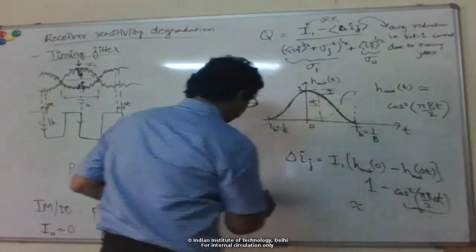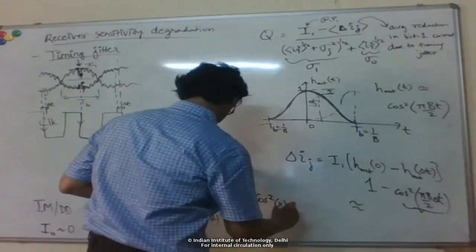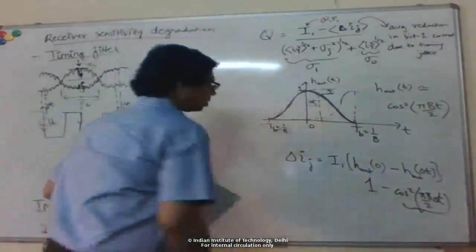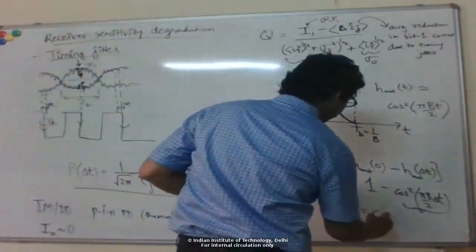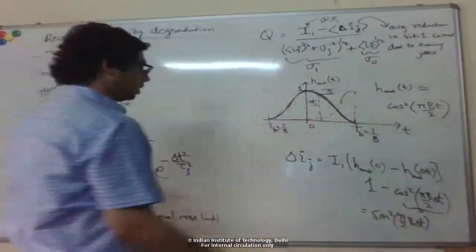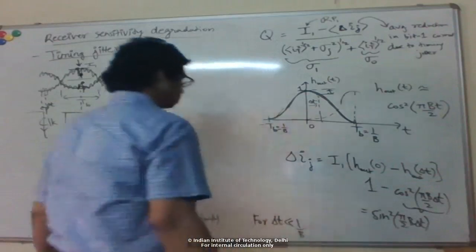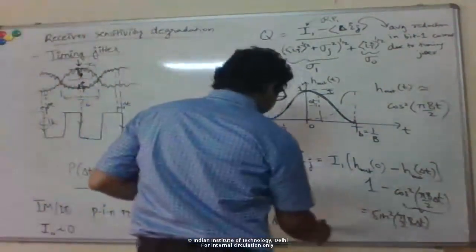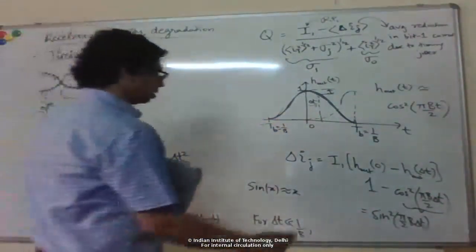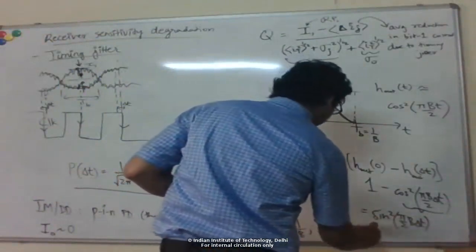So we use a cosine approximation here for small values. Let me go back. 1 minus cosine square I can write as sine square. Now if this argument is small, which means if delta t is much smaller than 1 over b, then I use the approximation that sine x for small x I can just approximate as x. So then this delta ij, for small amounts of jitter compared to the bit period, I just have the argument here, and so I get